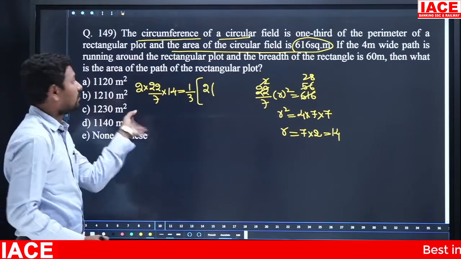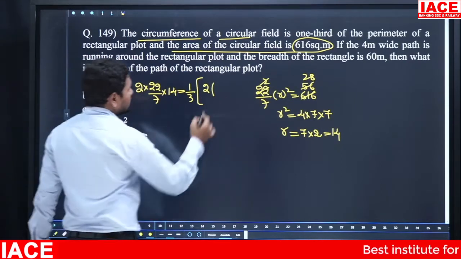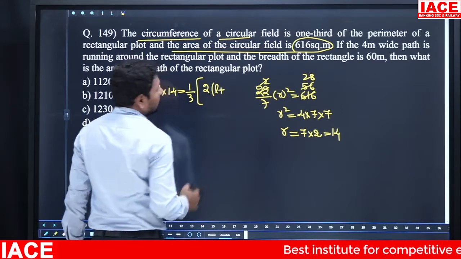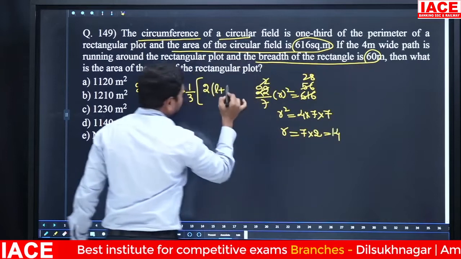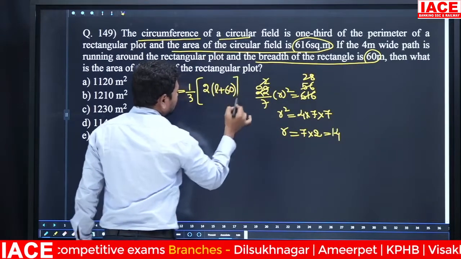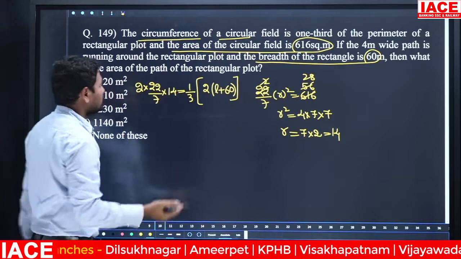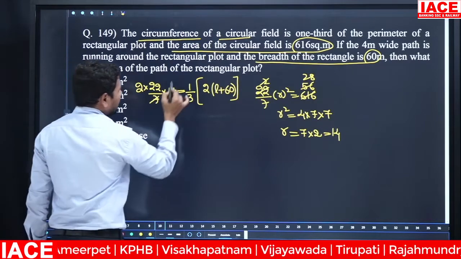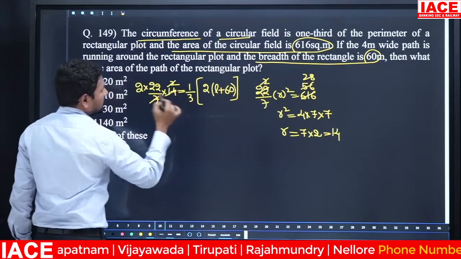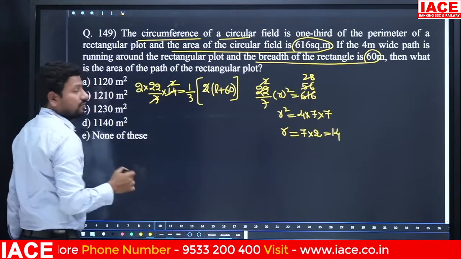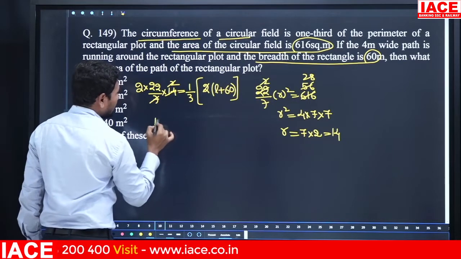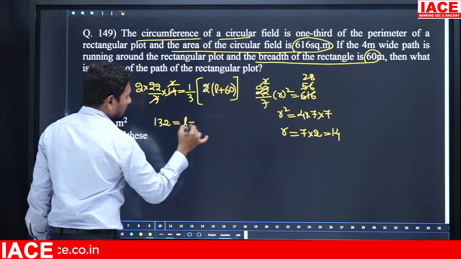The perimeter of a rectangle formula is 2 into (L plus B). You can observe in the question clearly that the breadth value mentioned for the rectangle is 60. Once you solve this, we will get the length measurement. Then we will simplify here. 7 how many times? 2 times. And here 2 will be cancelled. 3 2s are 6, 6 2s are 12. 12 into 11, it is 132, equal to L plus 60.